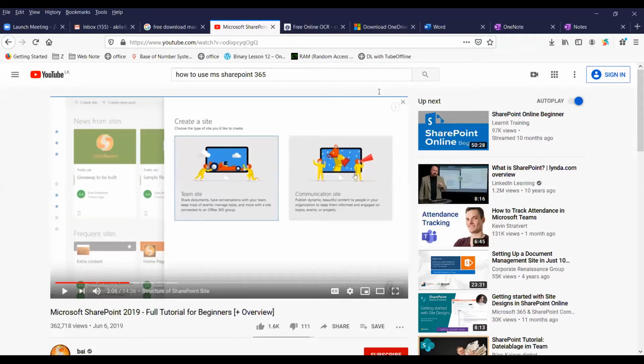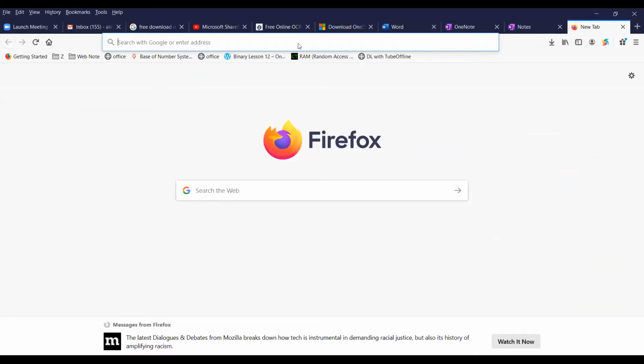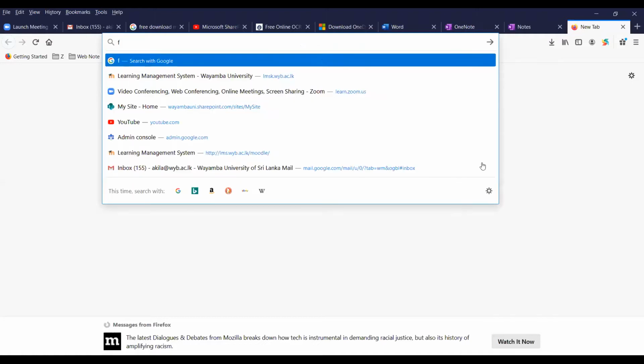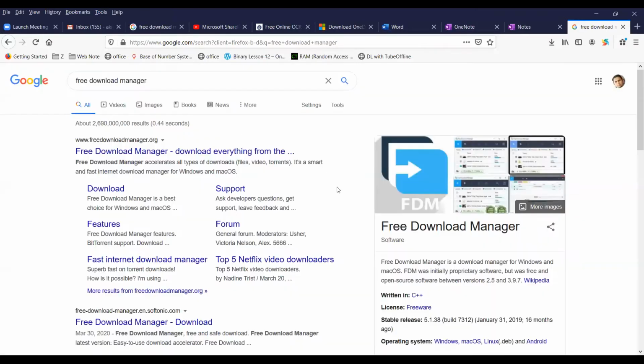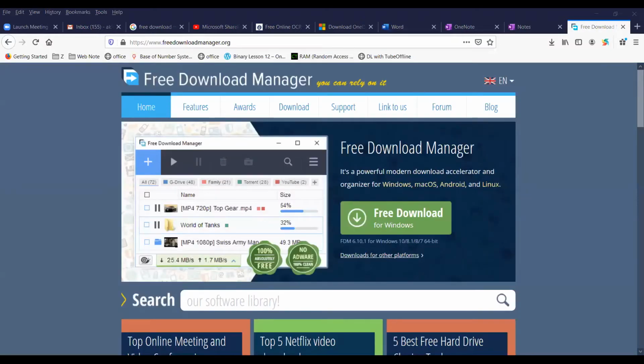Right. So I have downloaded a tool that is called Free Download Manager. You can see the icon with this blue color, right? You can download this small application. You can click here and download. When you download and install it, you can open the application like here. This is the interface of the tool. What we can do here is download any video on the internet using this one.